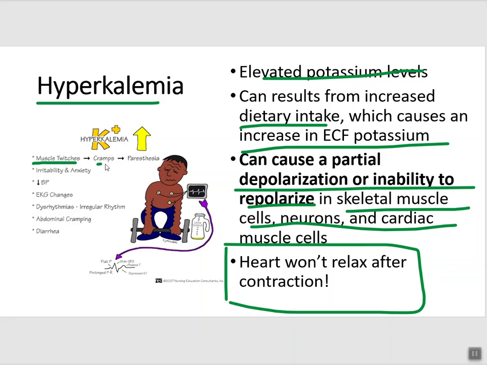So muscle twitches, cramps, paresthesias. Low calcium can also cause cramps. Low calcium, low potassium, the Charlie horses, irritability, anxiety, decreased blood pressure, EKG changes, dysrhythmias, irregular rhythm, bad thing, abdominal cramping. You're going to have hyperexcitable cells. So the muscle cells are going to contract. And in diarrhea,